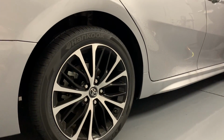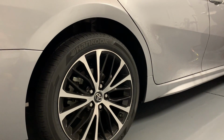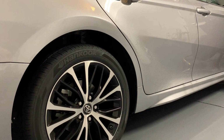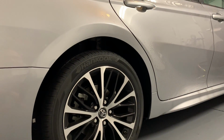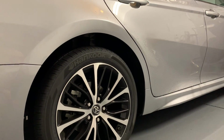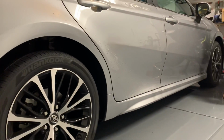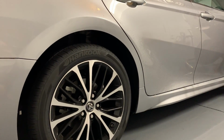These tires suck. These Hankooks are absolute garbage on the road when it's raining. But I'm sure, since this car was coming to Southern California, they didn't really care because they probably put these Hankooks on it and thought it won't see a day of rain. But this year we've had record amounts of rain. As you can see, the car's wet. And I haven't even driven it in like 5 or 6 hours. So anyway,